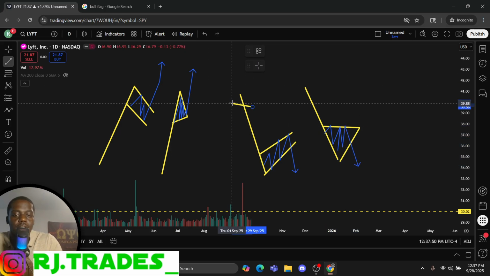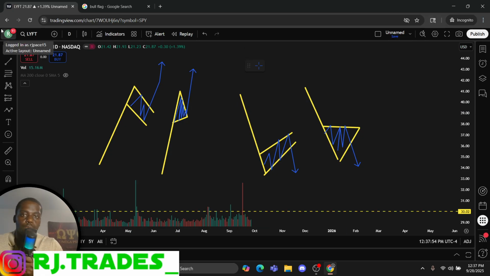And how do you play it? The same exact way we played the other patterns. You're looking for the levels and you want to add confluence by using your levels. If you can find a pattern that's near a level, that's just going to make that pattern even stronger when it breaks out.